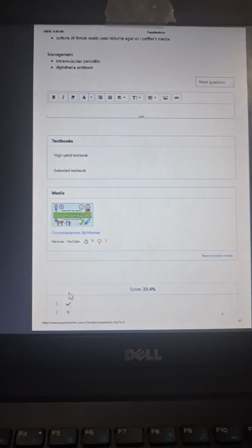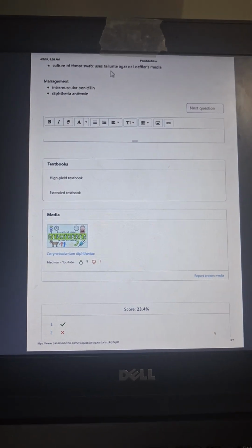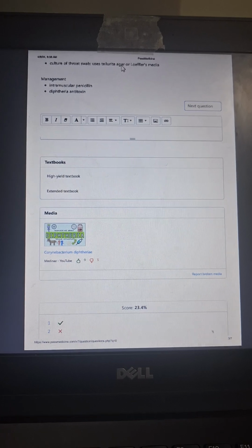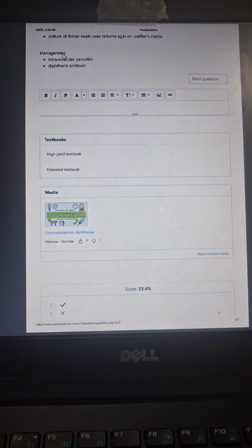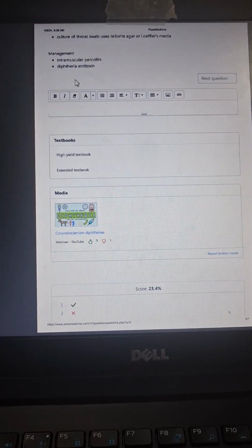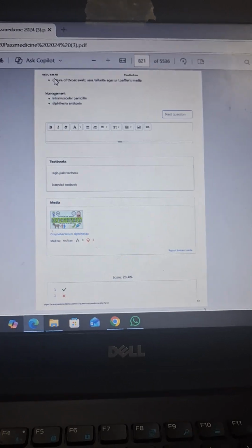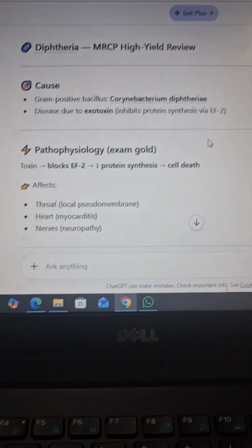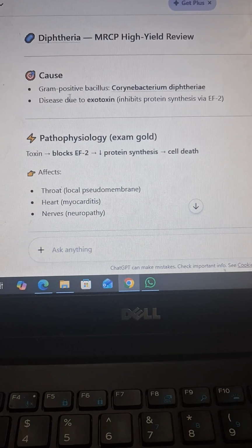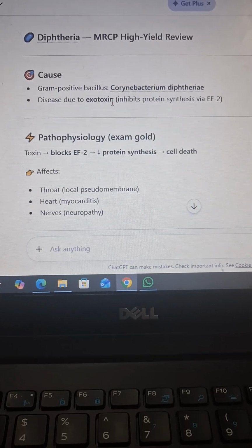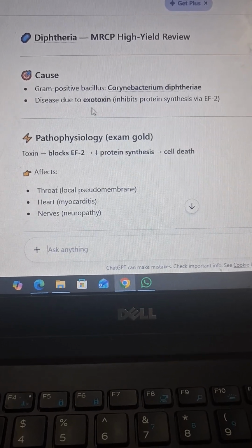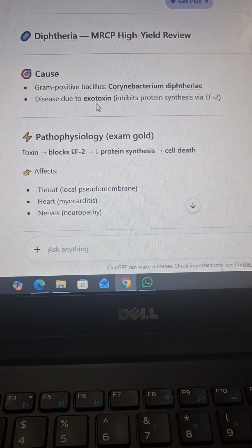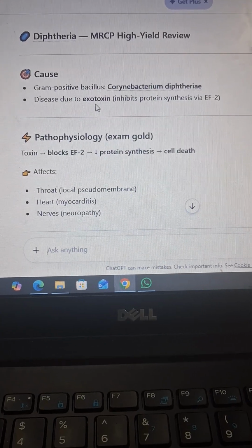How will we investigate it? Tellurite agar or Loeffler's media. When will we use them? By culture of throat swab, and management will be intramuscular penicillin and diphtheria antitoxin. Let's read it in the mnemonic way. Okay, gram positive bacillus, Corynebacterium diphtheriae, disease due to exotoxin, and how it was coded by beta prophage, and what